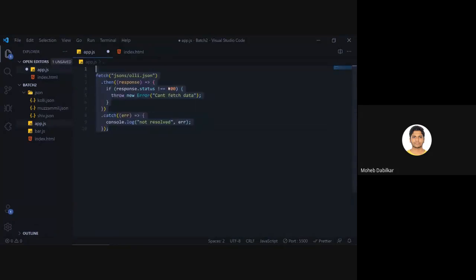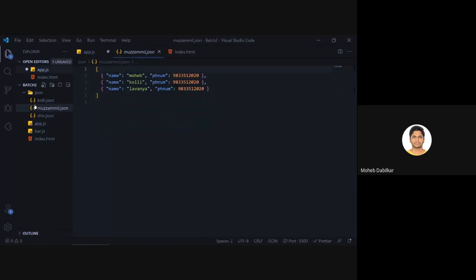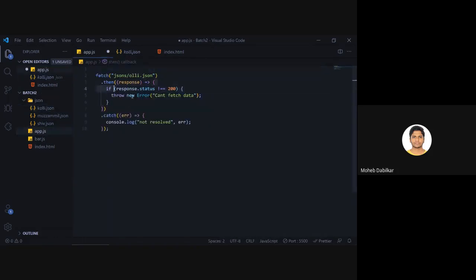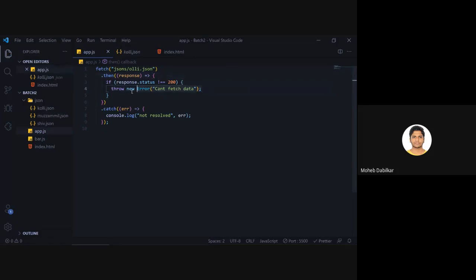Okay, we can work with this also now that we have our own JSON. So these are just JSONs that have three names inside them. Shiv has one name, Kohli has one name, and this is the names of the batch of the students. So we just created that for them. Okay, so right now, if you see there is a spelling mistake over here, that is Kohli.json. Okay, and there is a new error over here. So that has been done intentionally just to show that we can work with error codes.